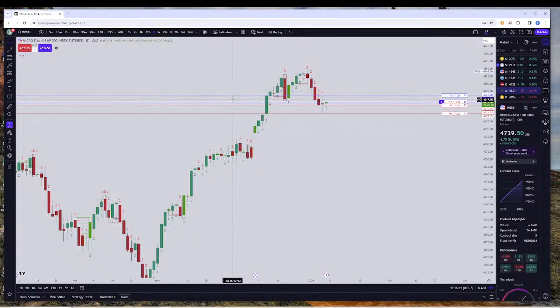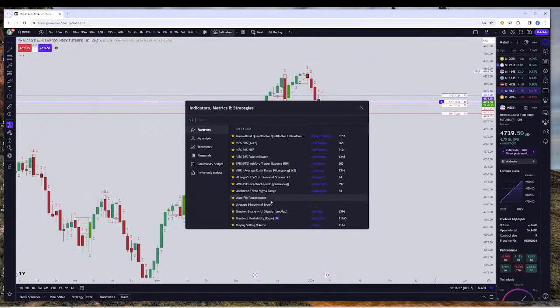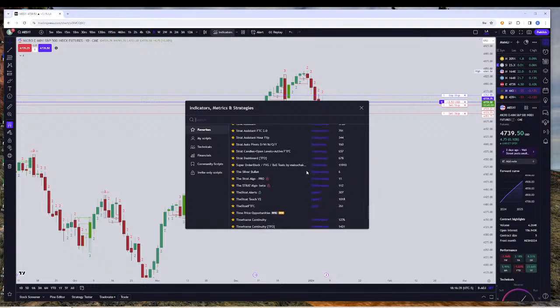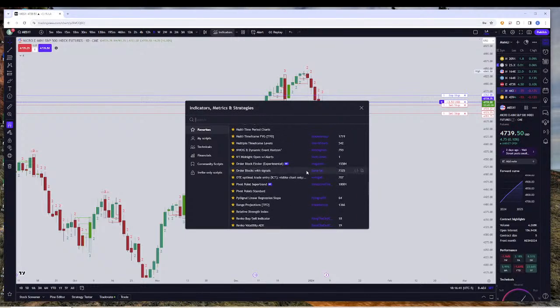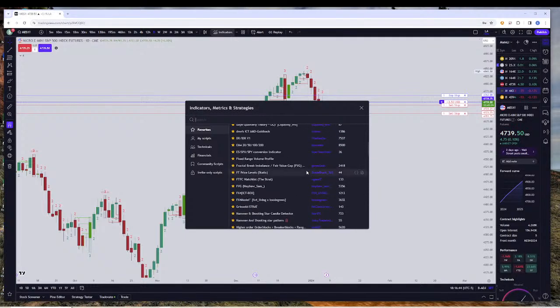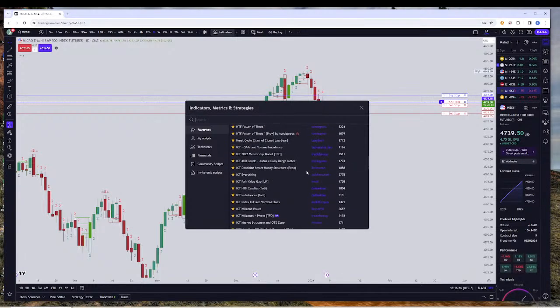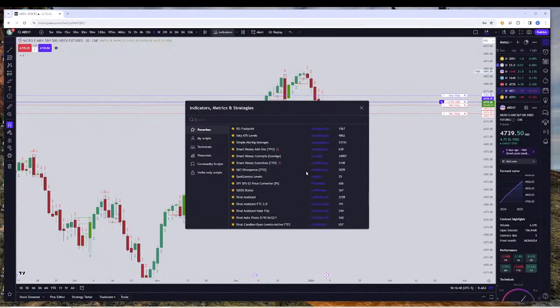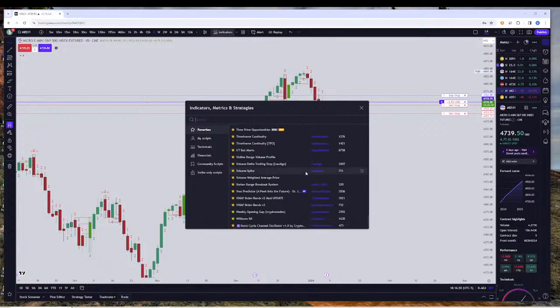Actually, when I started trading, I never used indicators except there was one indicator that I absolutely just ended up falling in love with, because I went down a huge rabbit hole about indicators and what worked and didn't work. I mean, I was new to trading, I was just throwing darts.